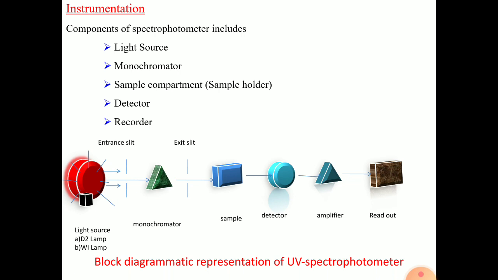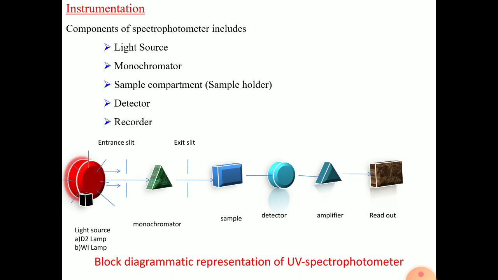The produced monochromatic light passes through the sample cell. When the monochromatic light falls on the sample cell, some amount of light will be absorbed and the remaining will be transmitted. The absorbed light and the transmitted light will be detected at the detector. At the detector, how much light is absorbed and how much is transmitted will be detected. After that, the detector detects the transmitted light in the form of electrical signals.